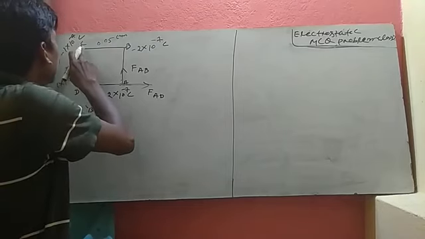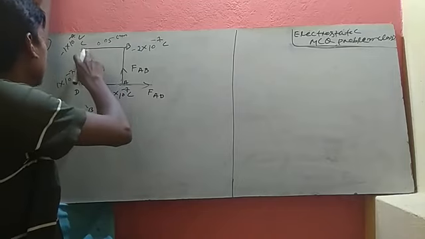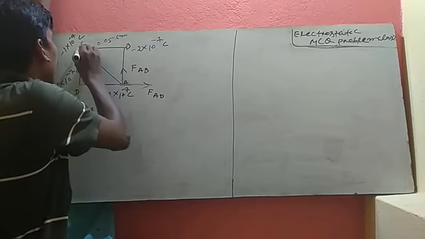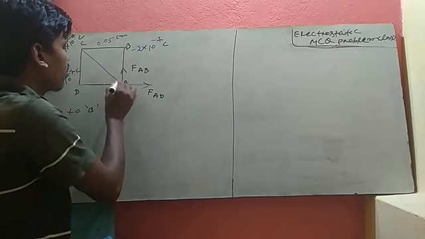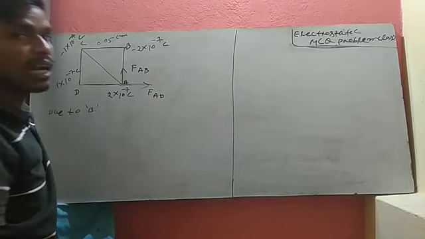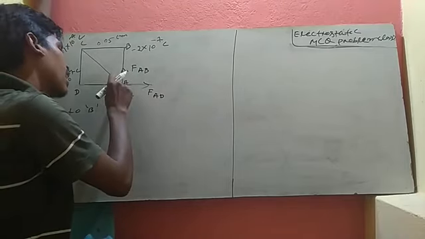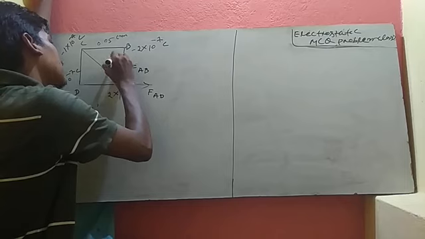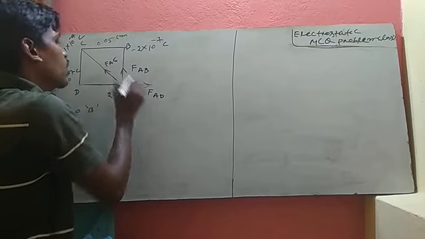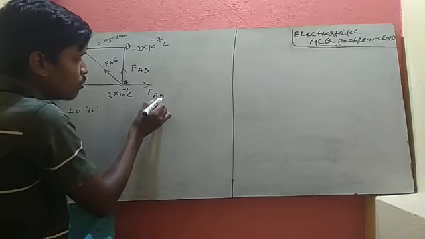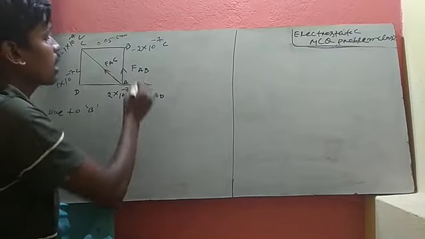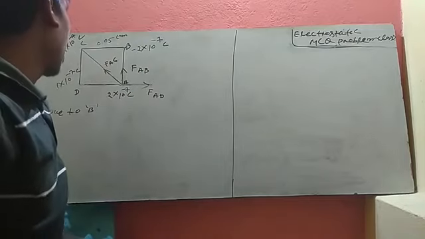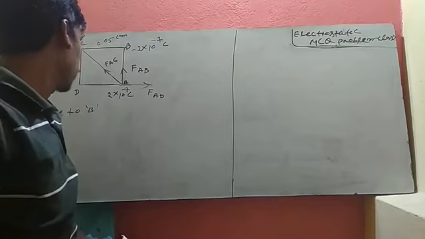Similarly, due to C, the force acting on A is along the line joining here. Here the charge is negative and here it is positive, so the force between A and C is attractive. So the force acting on A due to C is in this direction, and that is named FAC. FAC is the force acting on A due to C. FAD means force acting on A due to D. FAB means force acting on A due to B. This problem was already discussed, and again I will recall it.